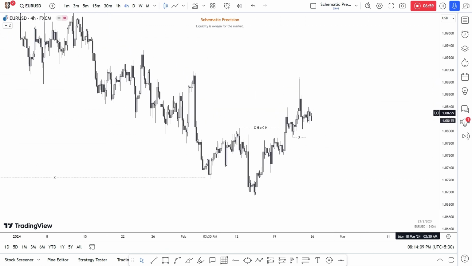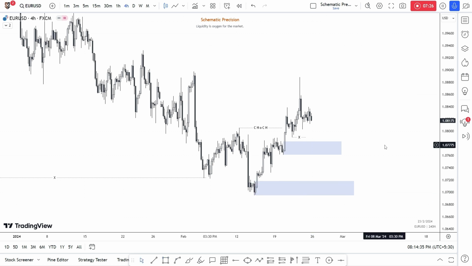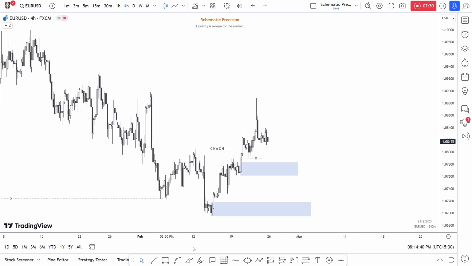And after inducement, the same thing we did on daily, we do the same thing on 4 hour. So we have one decisional POI, which is this one, right? And do we have extreme? Yes, we do have extreme POI, which is this down candle. So we have two POIs on the 4 hour for the upcoming week. One is this one, decisional.